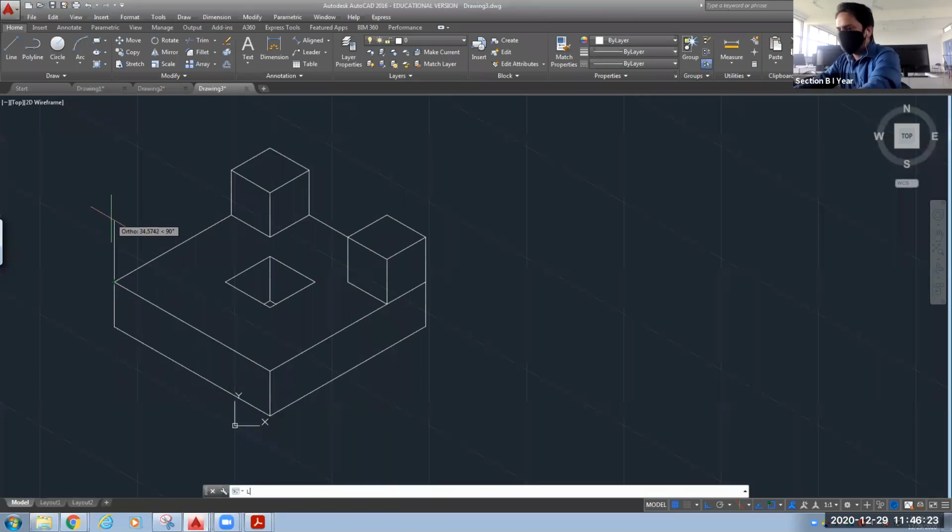Line 25, change the orientation, 25. F5 key I am using for changing the orientation. Keep this in your mind. In this direction again 25, in this direction 25, and close it. One line will be joining this from the vertical in downward direction. Press F5 from 25. This side again 25 and join it.